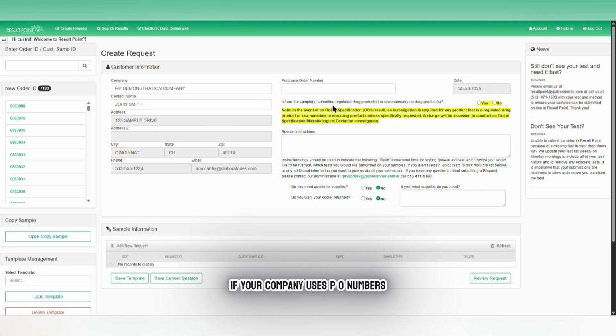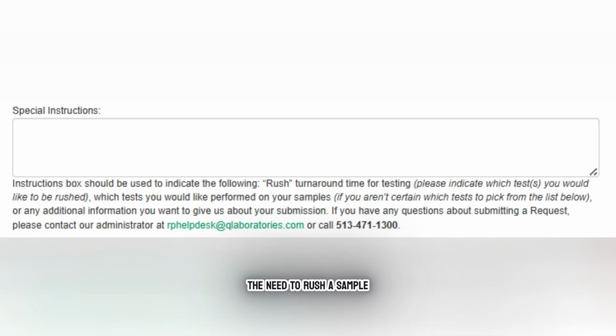If your company uses PO numbers, enter that information into the PO field. Any text entered in this field will also appear on your invoice. The Special Instructions field allows you to notify the lab of any additional information you feel is important. For example, the need to rush a sample, confirmation steps that should be taken, if a sample needs to be